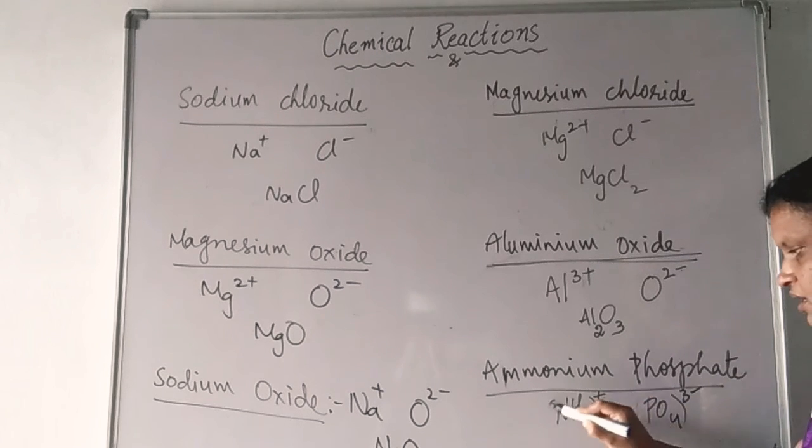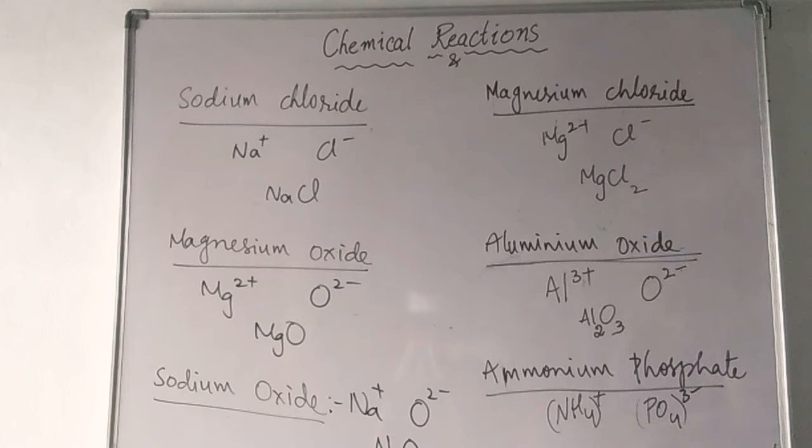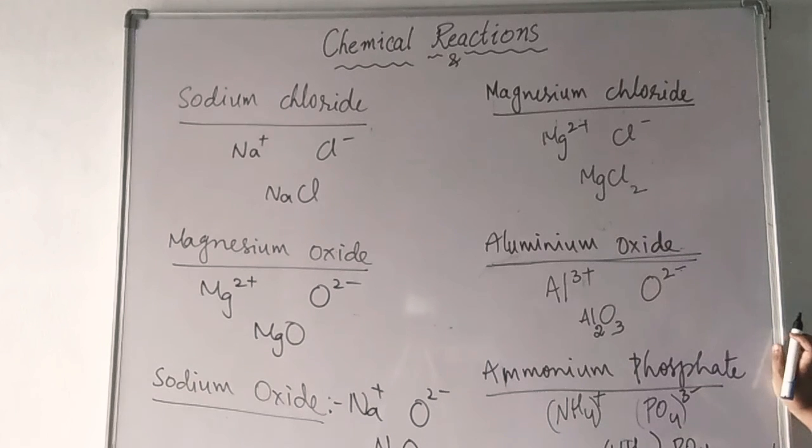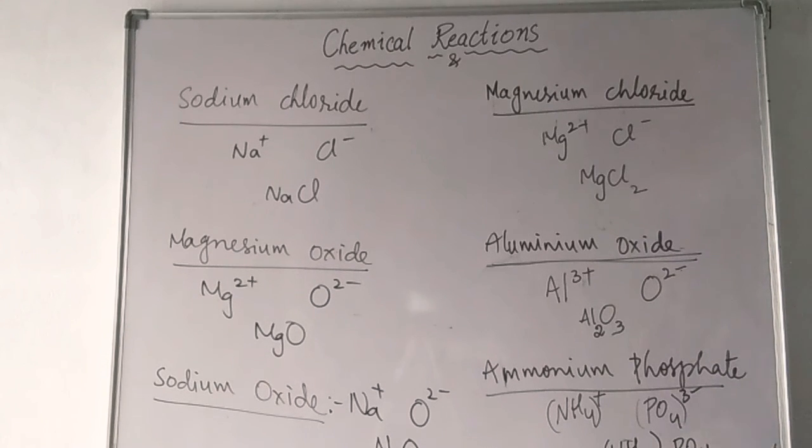So just put a bracket here. If you think that you will be confused, just put a bracket for NH4, because many atoms are there here. If you are writing some subscript outside, you put a bracket here compulsorily. Then you write the subscript here, what you want to write. If you are not writing any subscript, no need to write any bracket. Otherwise, you have to write the bracket. Then write PO4 outside. For PO4, no need to put any bracket because you are not writing any subscript outside. So (NH4)3PO4 is the formula for ammonium phosphate.